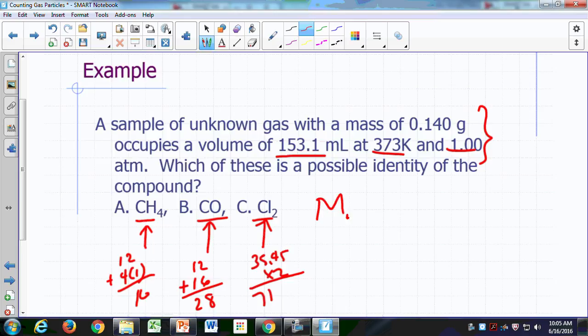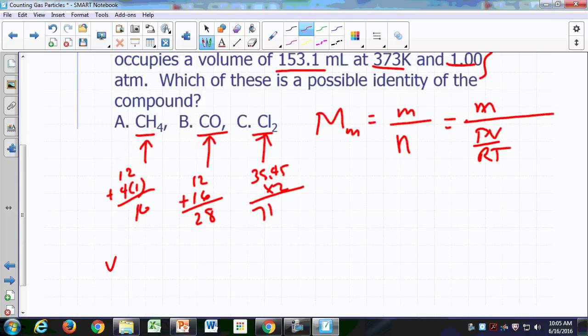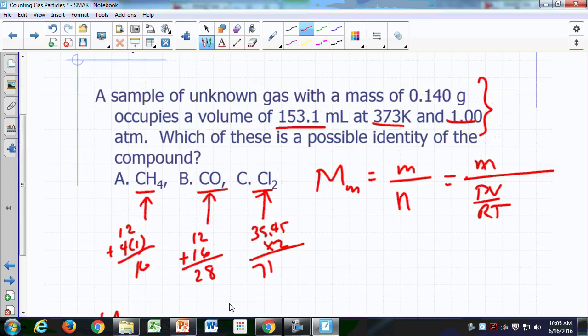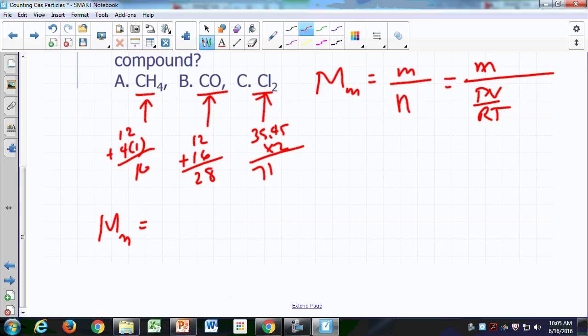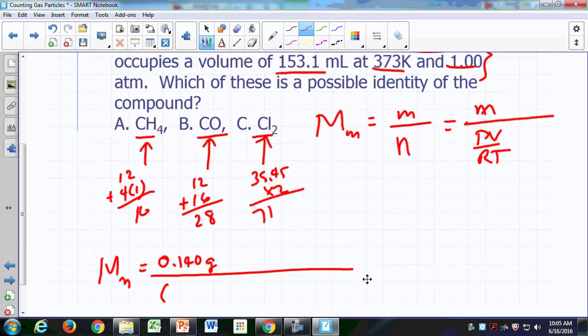So you say molar mass is mass over number of moles. We're given the mass 0.140, right? And number of moles is just PV over RT. Okay, so let's go ahead and do that. Molar mass is mass, which is given to us as 0.140 grams, divided by pressure, which is 1 atmosphere,